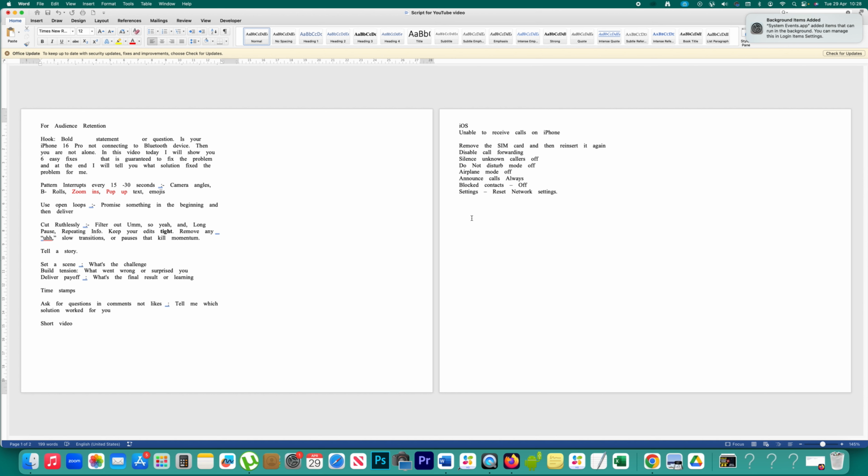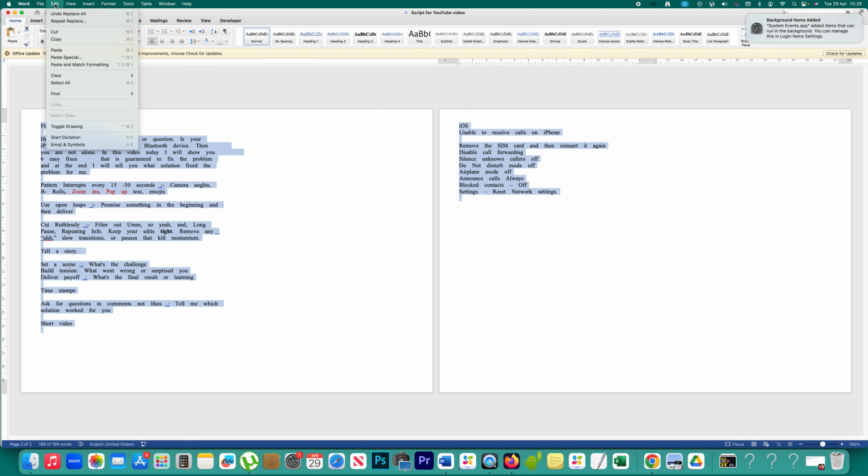If you have irregular spaces between words in Microsoft Word like this one, then let us see how to fix the issue. I'm using Microsoft Word on Mac, but it is the same in Windows also. So what I will do is select this one at first, go to Edit, Find, and select this